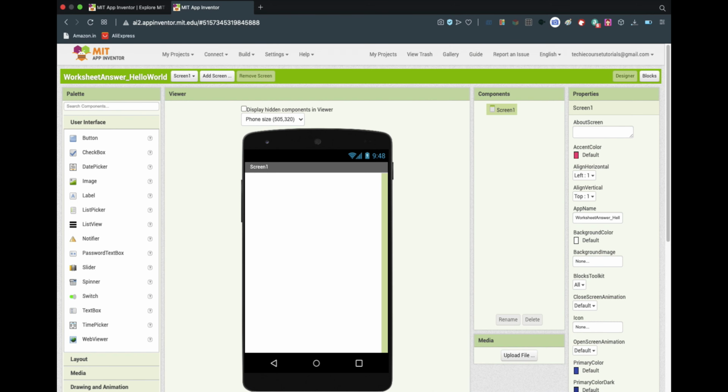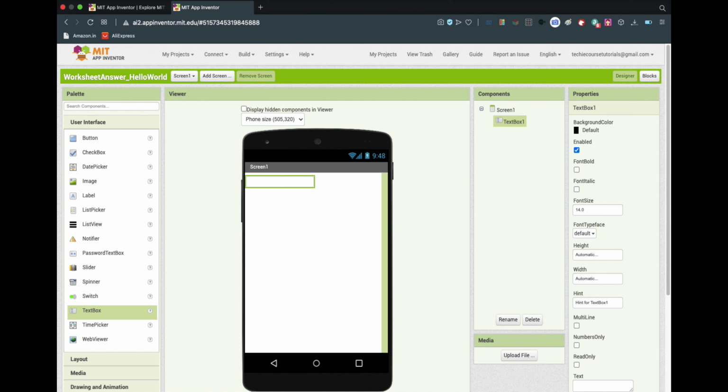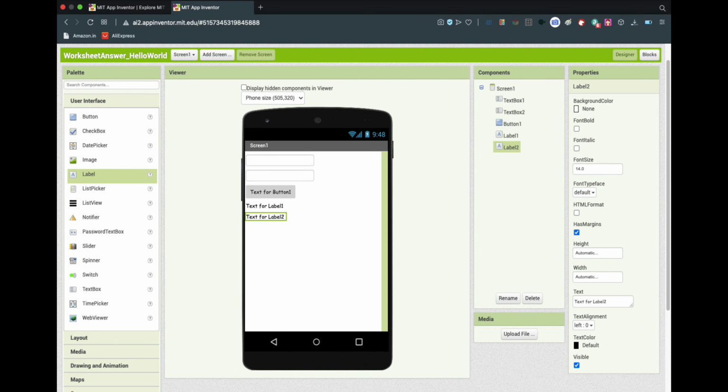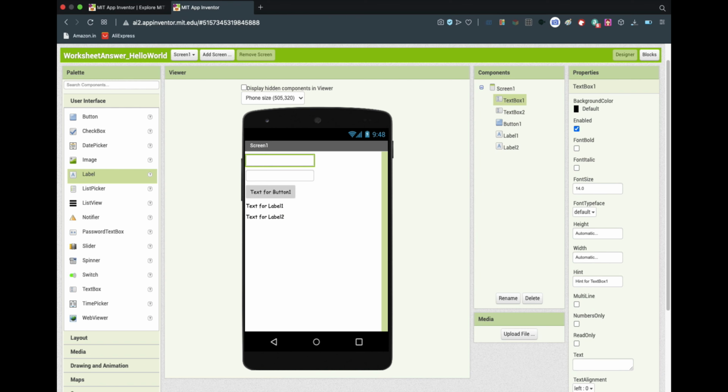So now, as I told in the worksheet, there's going to be two text boxes, one button and two labels. When I click the button, the text in text box 1 should be displayed in label 2, and the text in text box 2 should be displayed in label 1. So let's go ahead and take two text boxes, and one button and two labels. Now let's just remove the hint in both text boxes,